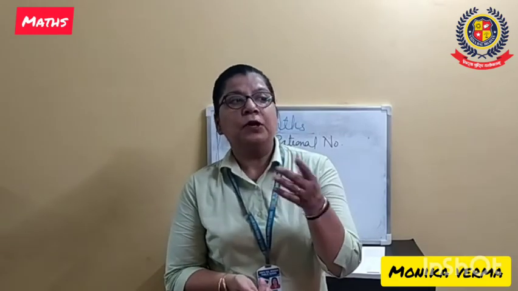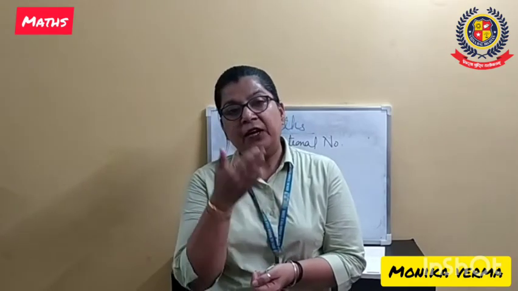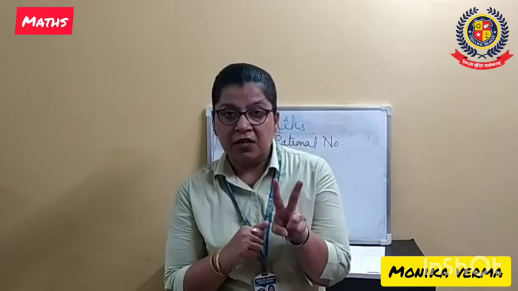And in today's lecture we will learn how to find a rational number between two rational numbers. If two rational numbers are given, like 1 by 2 and 1 by 3, and I tell you to find three rational numbers between them, then that process you have to learn. Between two rational numbers we can find infinite number of rational numbers.